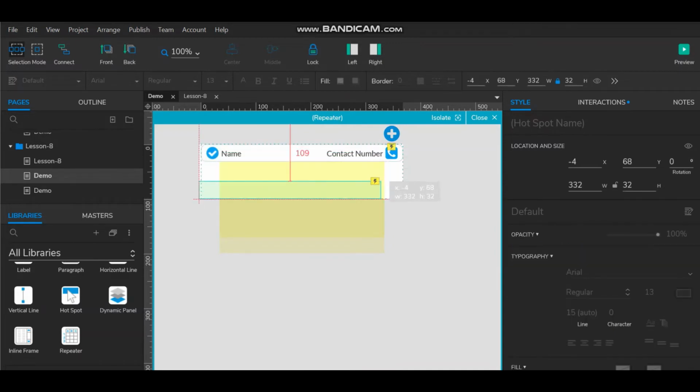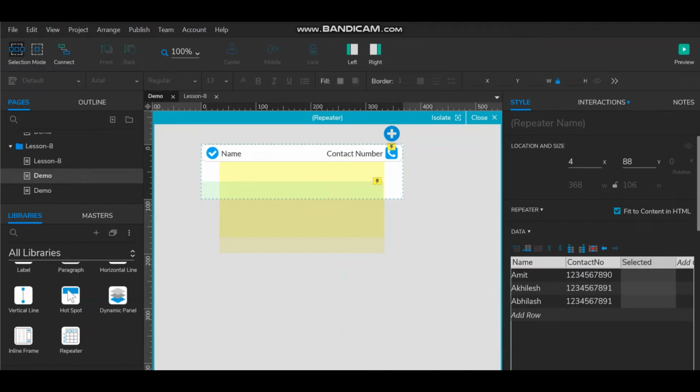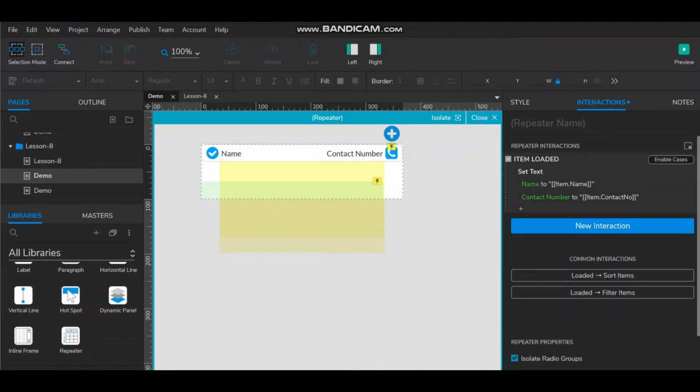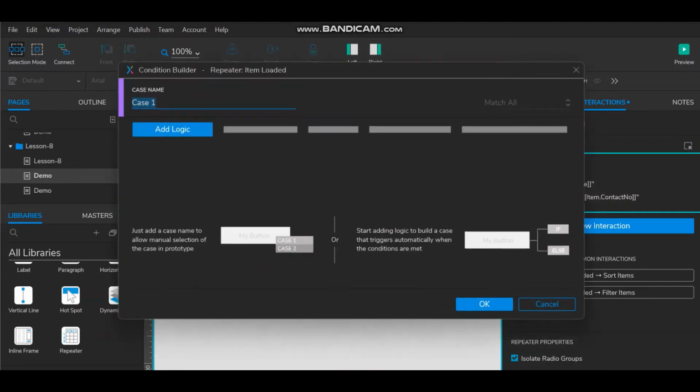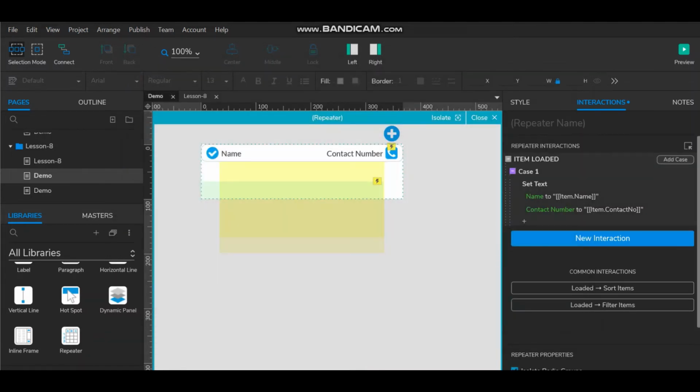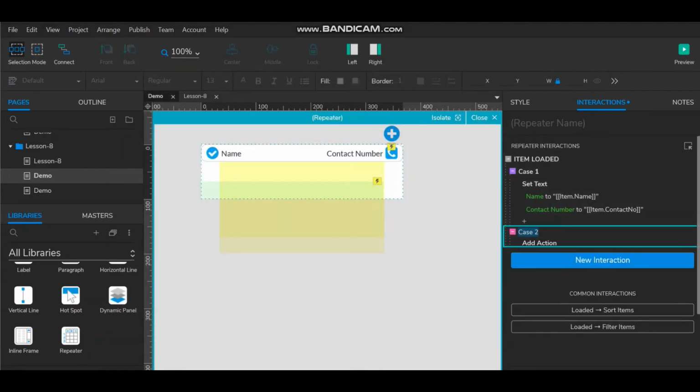But if we want to give a specific name as selected, so we need to create column here, selected, check, and now we need to add interaction. For that, enable case, add case, checkbox selection,